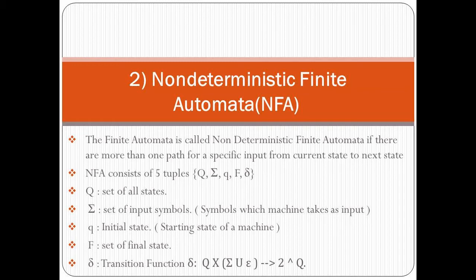NFA is similar to DFA except the following additional features. Null move is allowed, that is, it can move forward without reading symbols. Ability to transit to any number of states for a particular input. However, these above features do not add any power to NFA. If we compare both in terms of power, both are equivalent. Due to additional features, NFA has a different transition function. Rest is same as DFA. As you can see, in the transition function, for any input including null, NFA can go to any number of states.